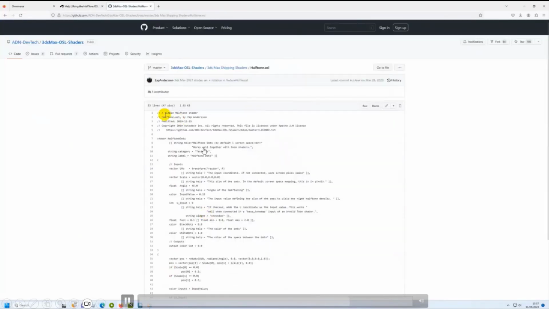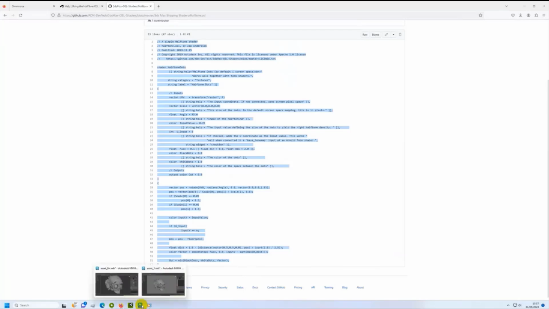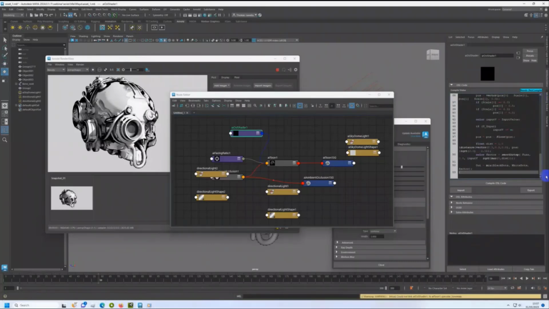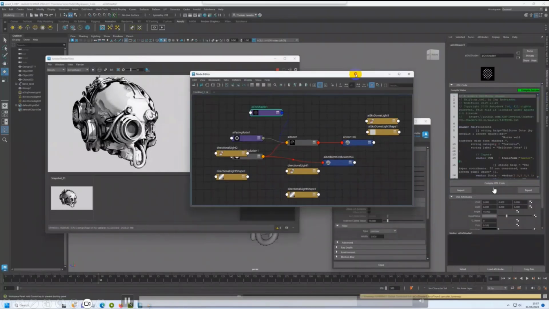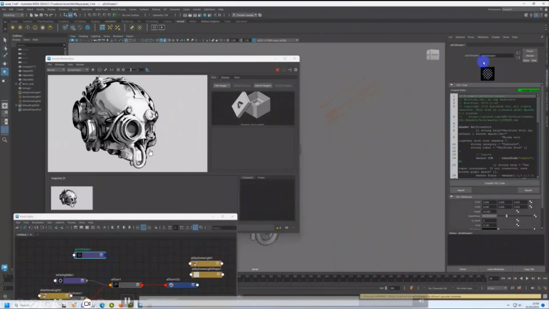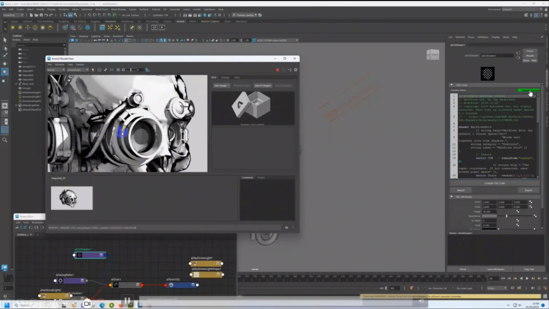Mostly you can go to the OSL shader, download it here and then open the script. You just copy and paste, because it's already there. Paste here and then try to render to generate. You need to compile the OSL code first, otherwise you don't see anything happen. Compile until it turns green, which means there is no error.